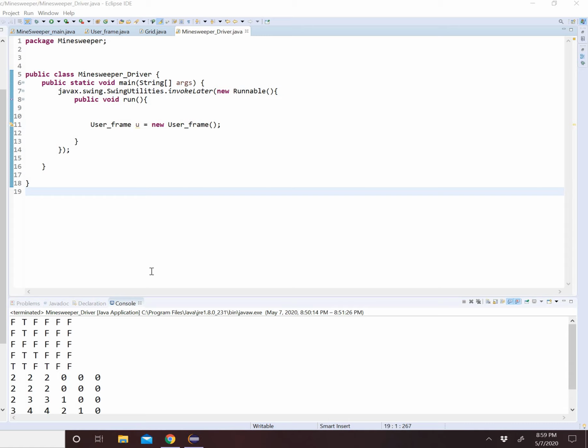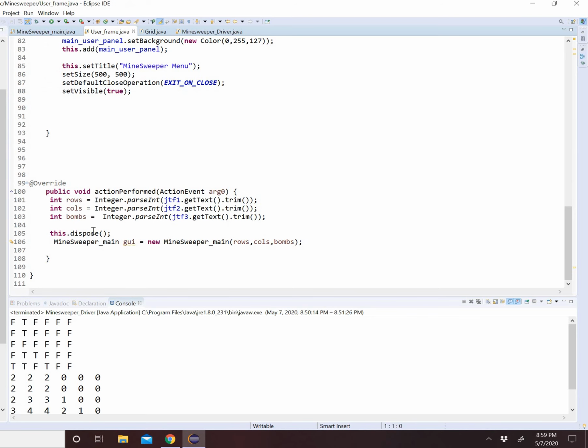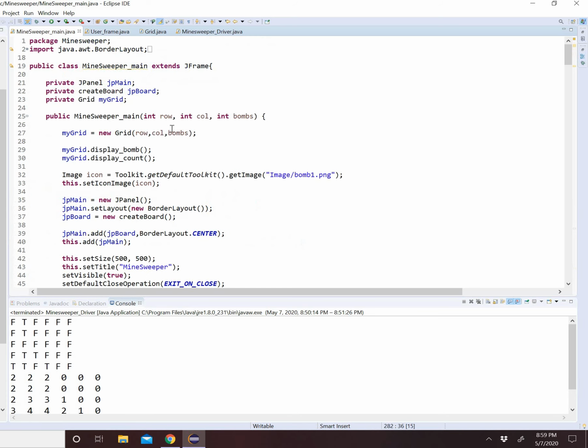Hello everyone, this is the Minesweeper game and now I'm going to discuss how I developed this game. So in the Minesweeper driver class, we are gonna call a class named userFrame. The userFrame is basically the Minesweeper menu where the user is able to enter the number of rows, columns, and the number of bombs they want in their grid, and we are passing all those values to the Minesweeper main class. In the Minesweeper main class, we are creating an object of the grid class by using its overloaded constructor,